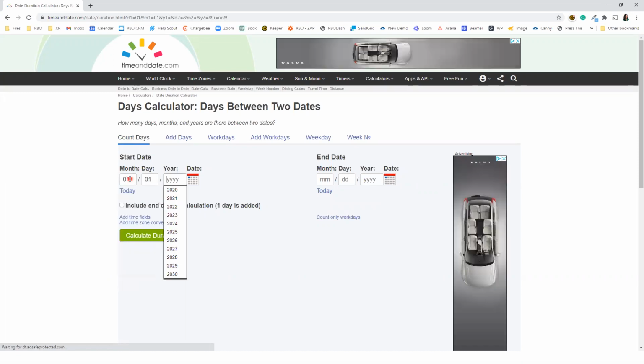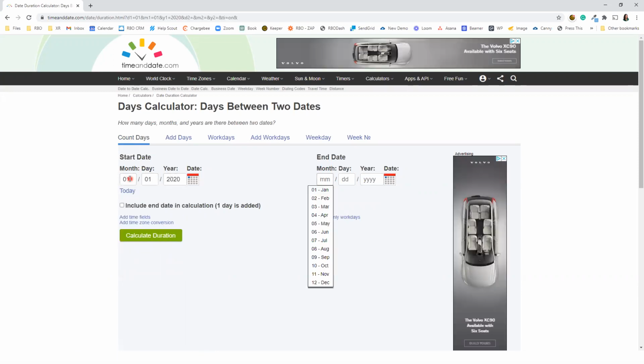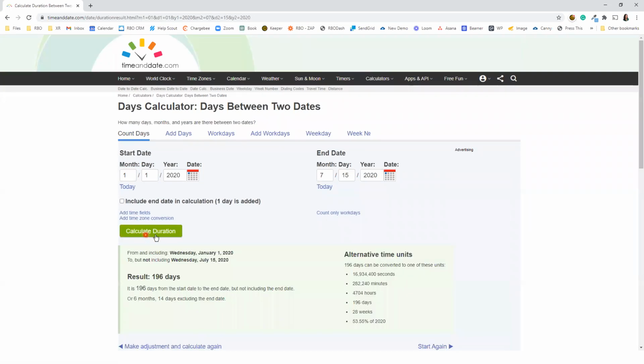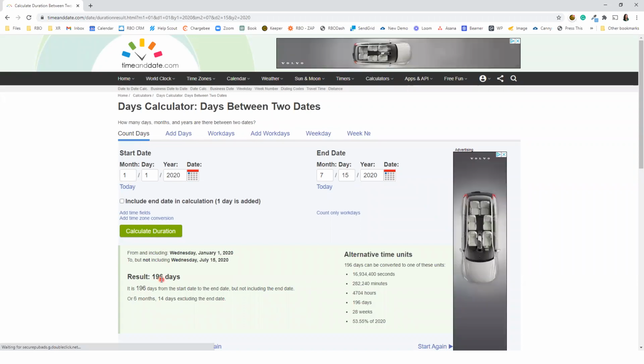So here we're going to put January 1st, 2020. And we're going to put the closing date, which was July 15, 2020. So when you click calculate, that's going to give you 196 days where the seller has to prorate the taxes and give you a credit on the day of closing. So if we have 196,